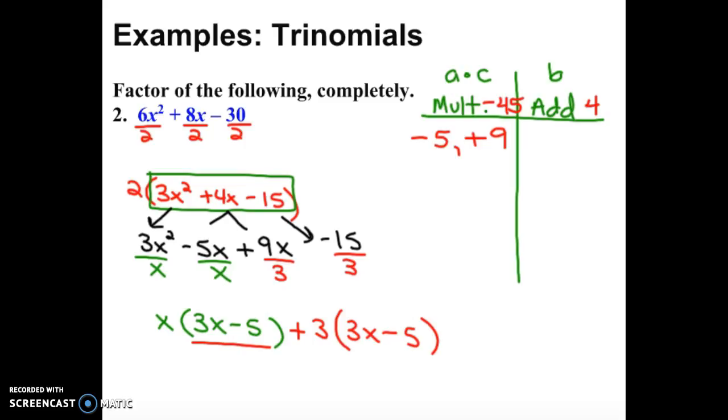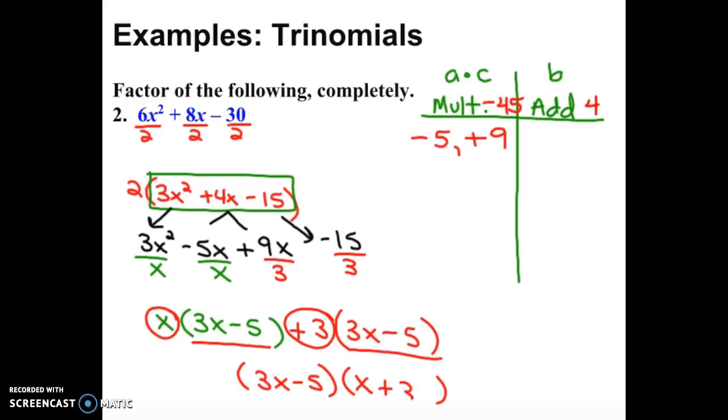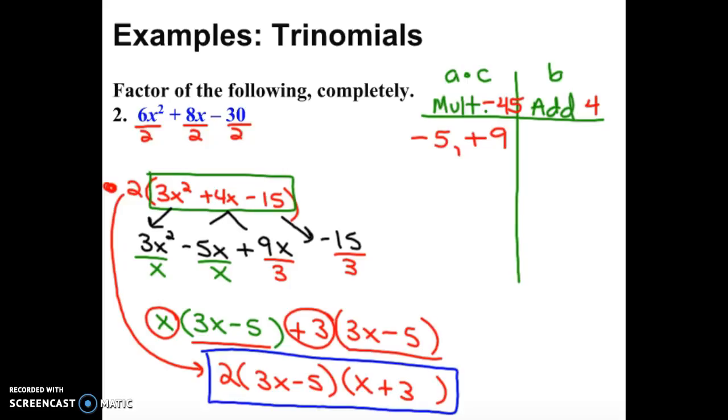So at the end, they have those in common. They have a 3x minus 5 in common. And if you take those out, you're left with an x plus 3. Okay, so I'm almost done. The last thing I got to remember is I originally pulled out a 2 right here. So I need to go ahead and put that 2 back in front of everything. So I originally took it out. So this would be my final factored